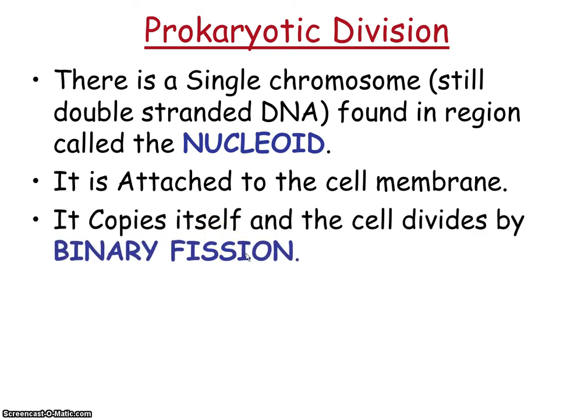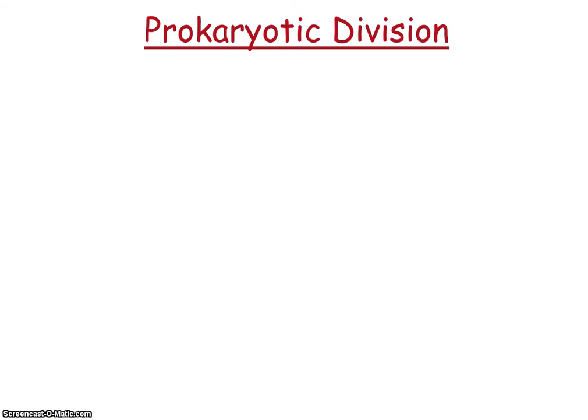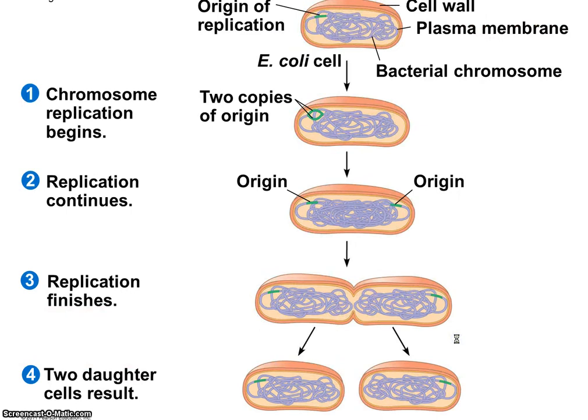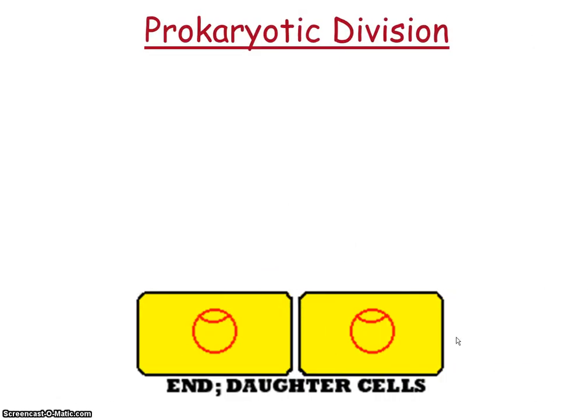So when prokaryotic cells divide, it's actually called binary fission, which just means that the DNA makes an exact copy of itself and they split in half. It's very similar to mitosis, except there's not going to be any spindle fibers, nothing like that. It just, there's an extra circular copy and it divides. I think I have a little animation of it here, but I don't know if it'll play.